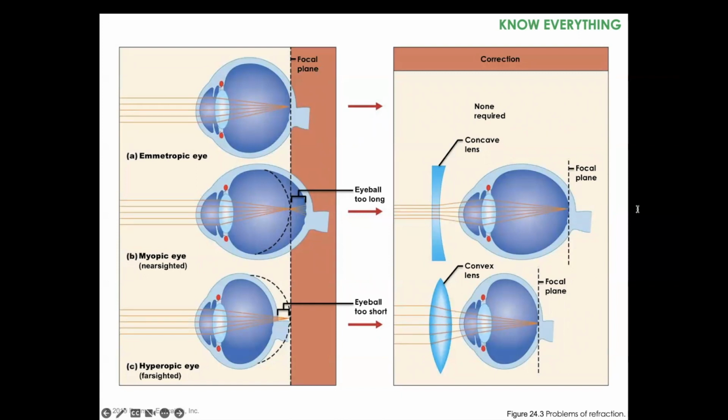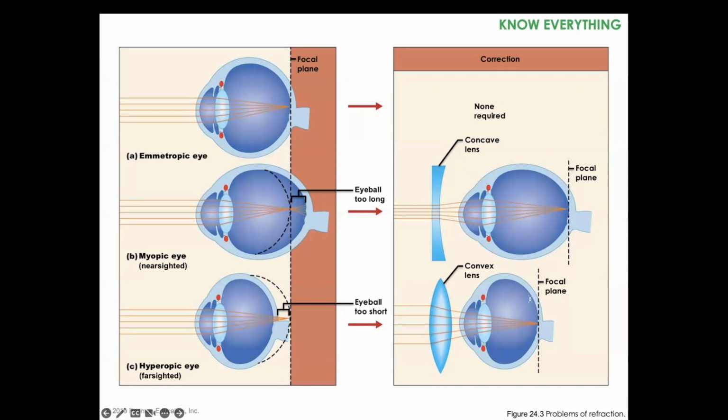lenses are not needed. If the eyeball is too long, when light passes through the lens, the light will converge too soon and won't hit the focal point correctly. This is called a myopic eye and is known as being nearsighted. If this is the case, you will have difficulty seeing things that are far away. To fix this problem, you will need lenses with a concave shape to make the light converge at the correct